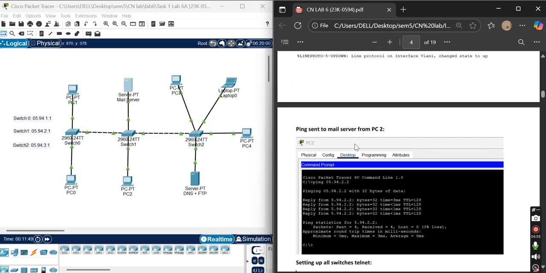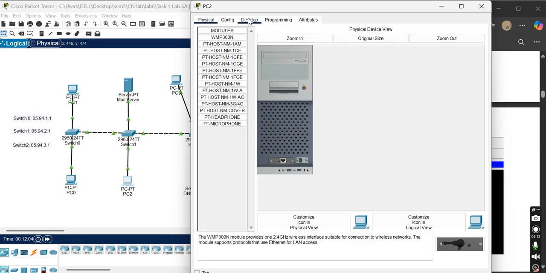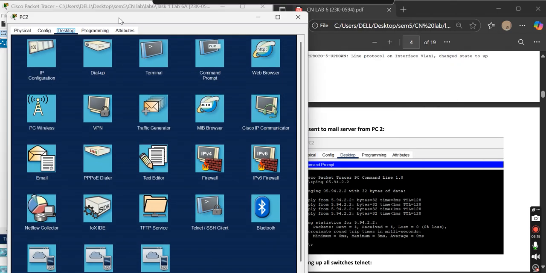Now to test our connection, after setting up the configuration, as our task said, we had to ping from PC2 to the mail server. So here it is. Even though I have attached the screenshot, we can try it in the video too.